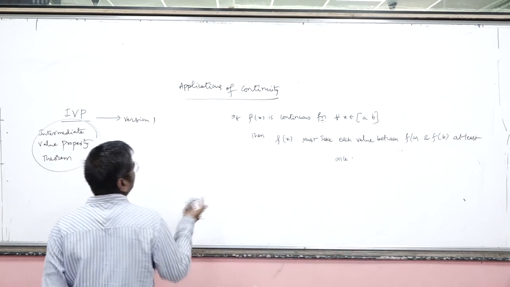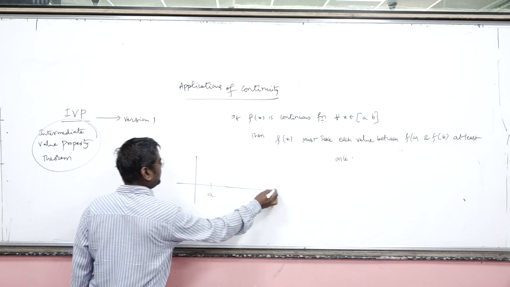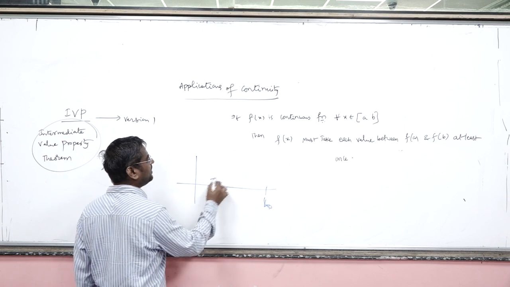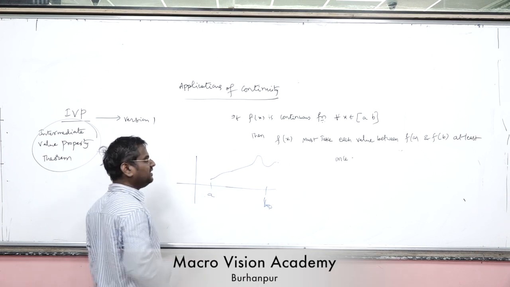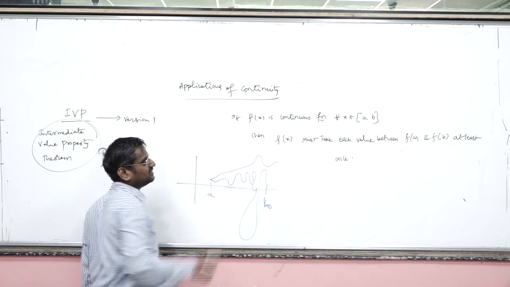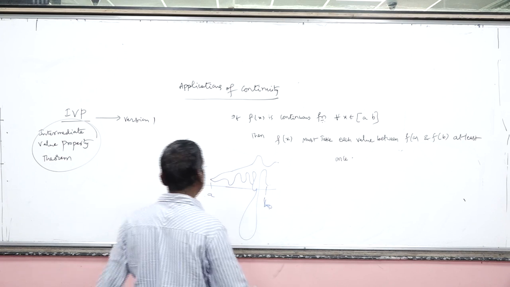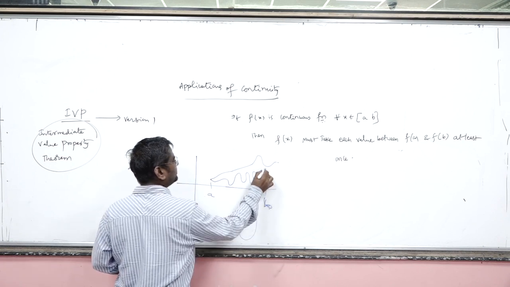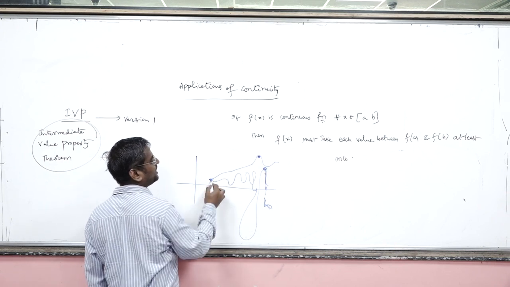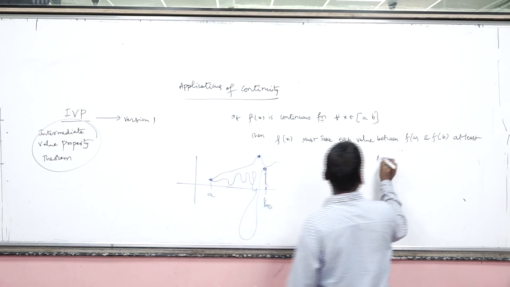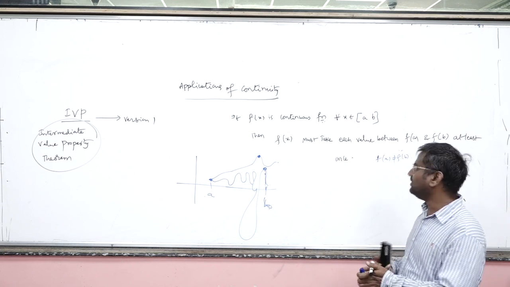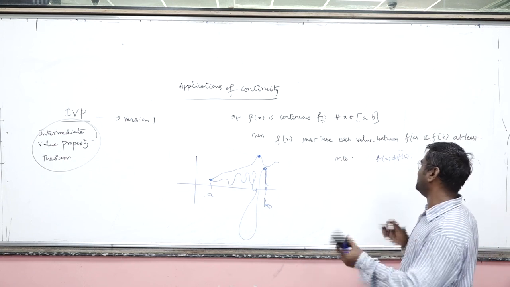So you think that this is very obvious, because when I try to draw a graph and I am saying my graph outside I don't know, but in the a to b interval my graph is continuous. Continuous doesn't mean it is going like this. It can also go like this. So assuming that this is my f of b, this is my f of a, or this is my f of b in this case. If f of a not equal to f of b, that is the assumption. If a not equal to b, f of a equal to f of b, that's a different scenario.